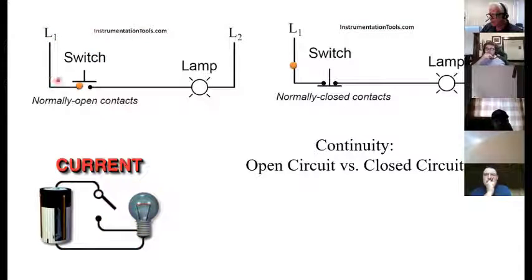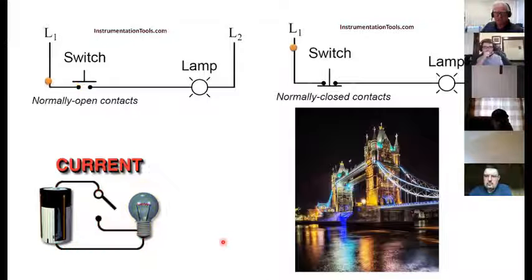L1 is trying to push electrons, but it can't because I've got an open circuit. This has broken the continuity. Consequently, none of them are going through the load, so no work is being done by the load. Over here, the switch is closed, so the electrons can move through that, and that would make that work. Same thing that's going on here. It's much like a drawbridge. Whenever you open that up, the traffic has to stop. You don't get any flow until that's closed again. Speaking of bridges,